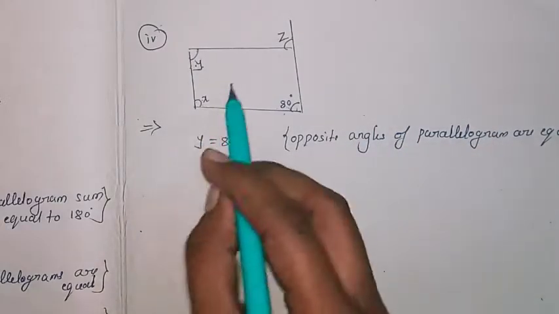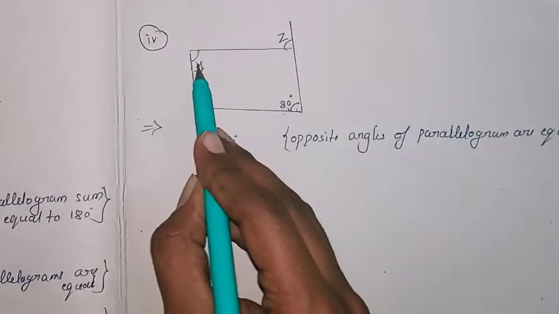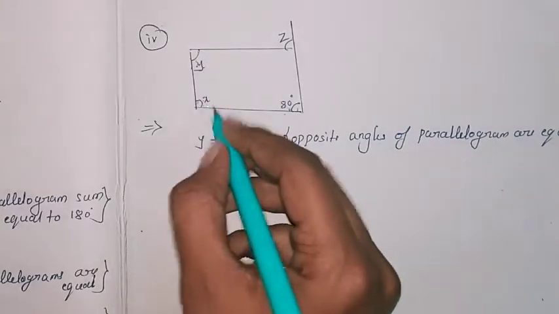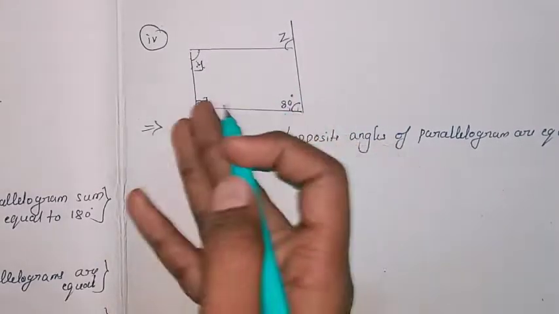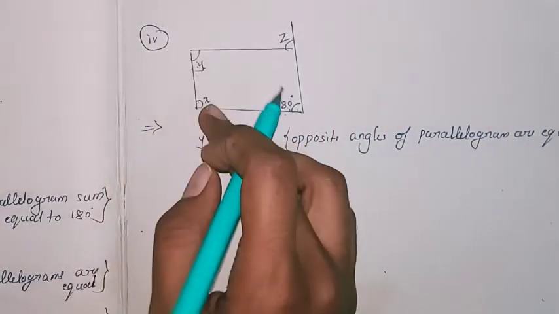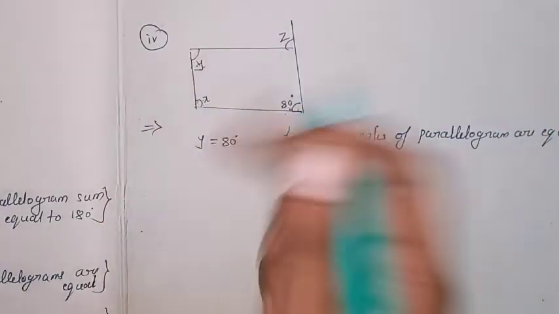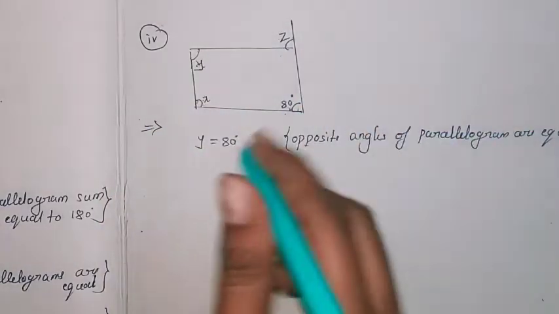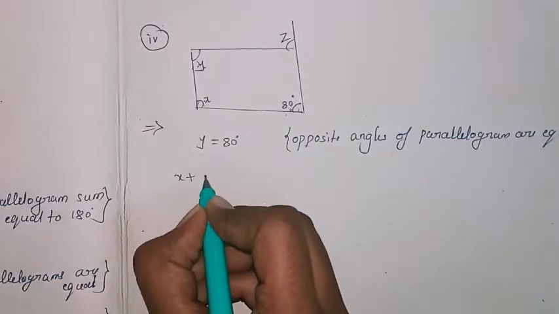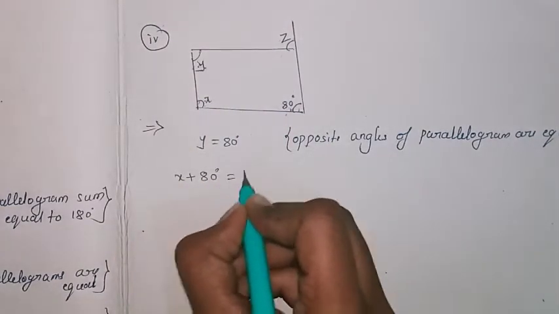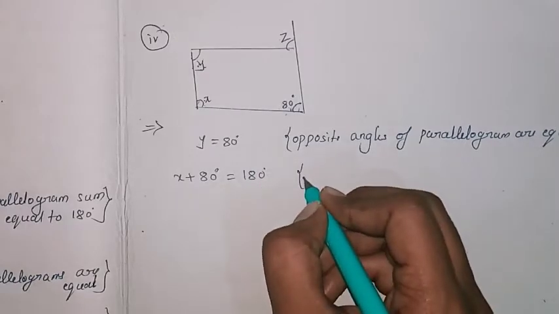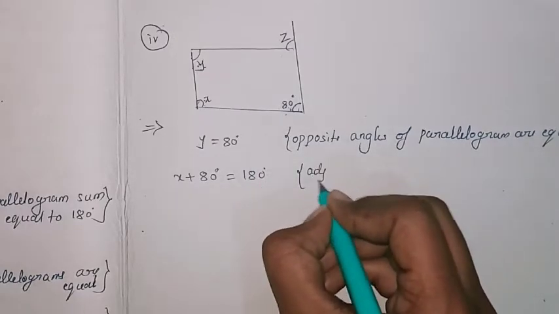Again, now you observe, now you got this one. Is it possible to find the x value? Yes. We know that x and y are adjacent angles, or you can solve by this also. x plus 80 is equal to 180, or x plus y is equal to 180. All are the same. So we will consider x plus 80 degree, which is equal to 180 degree, because in a parallelogram the adjacent